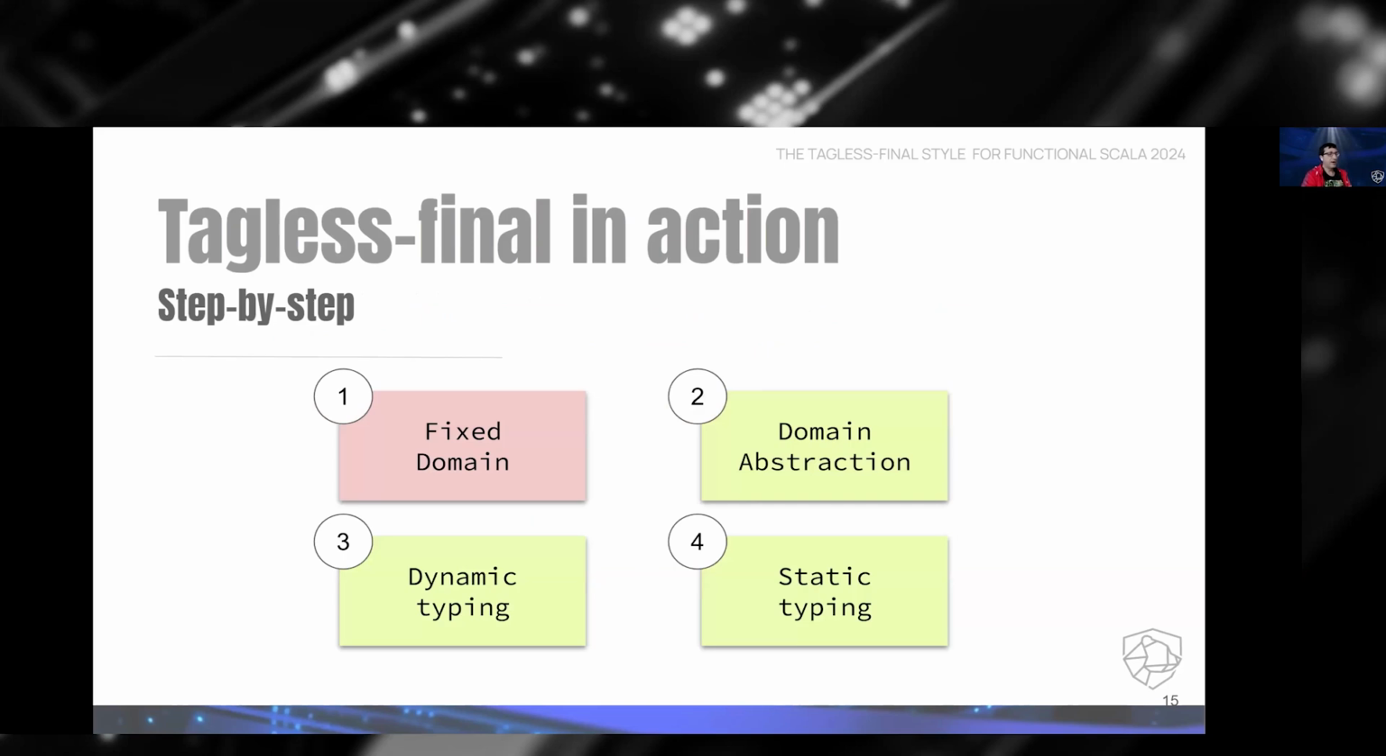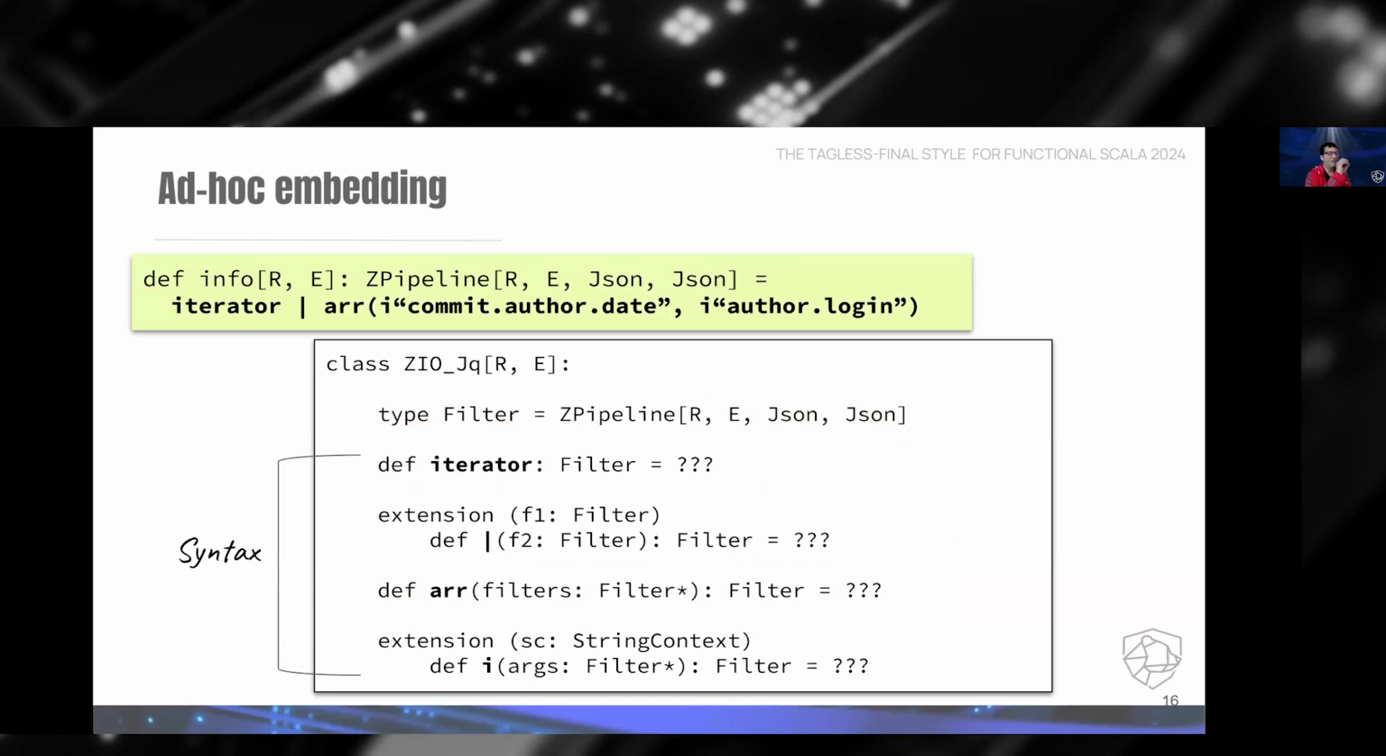Okay, and in the first one, what we are going to do is to work with a fixed semantics domain. What we do is to start from sample programs, like the one that we show, and write just the syntax that we need in order to implement these programs for this particular semantics. So in